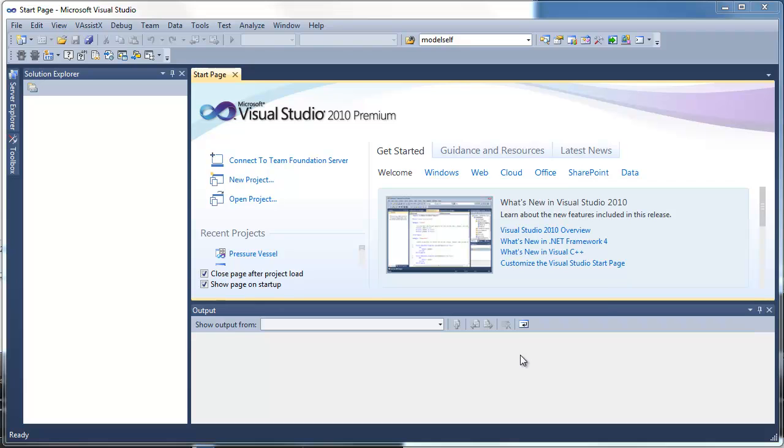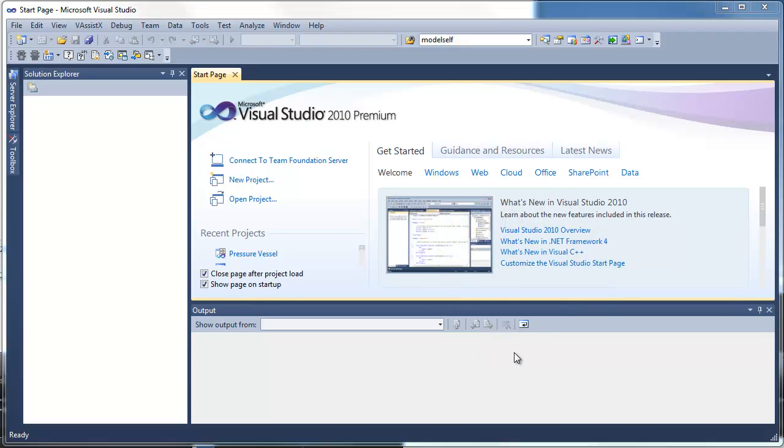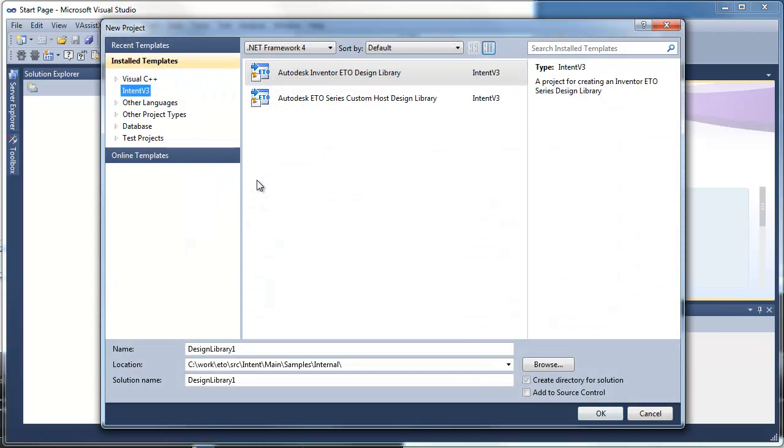ETO rules are created using Microsoft's Visual Studio platform. This is a new feature of our R2 release. The first thing that you'll do is create a new project, and there's a template for a design library project, an ETO design library project. You can give it a name and then browse to a particular location,